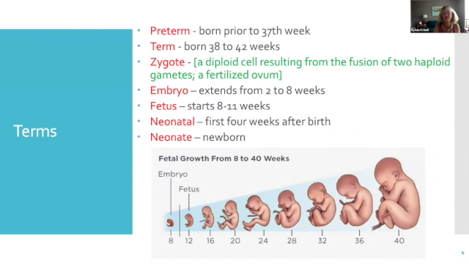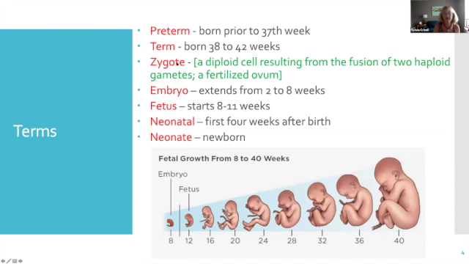So here are your terms. Preterm, I told you this is the slide that has the actual definitions that help you study from. Preterm is born prior to the 37th week. Preterm babies have a few more problems depending on how early they're born. They may have to deal with immature lungs. They may have to be in a neonatal intensive care unit for that. They may be small. They may have to be fed in a different way. This is a medical nutrition therapy approach. So we're just giving you the definition here, and our focus in lifespan is on healthy babies, not ones that have medical issues.